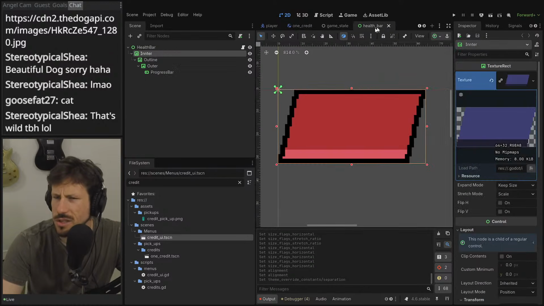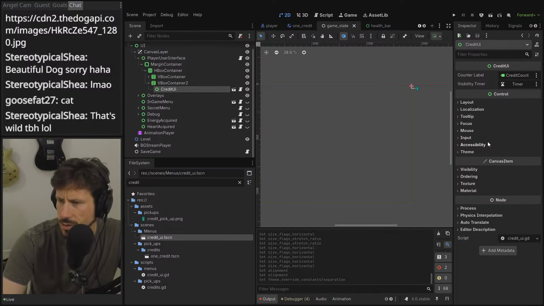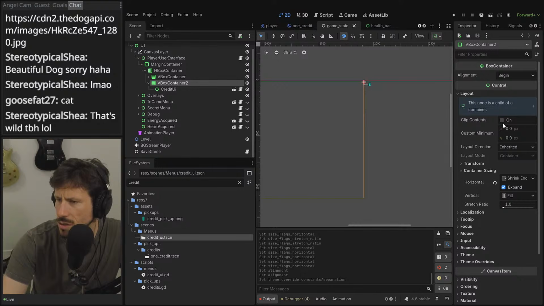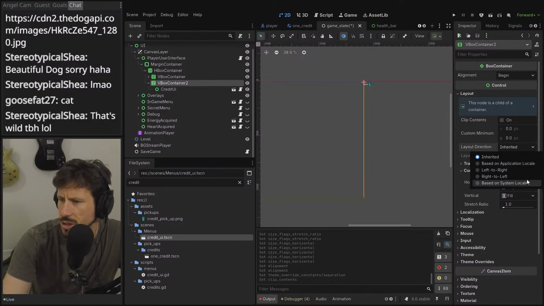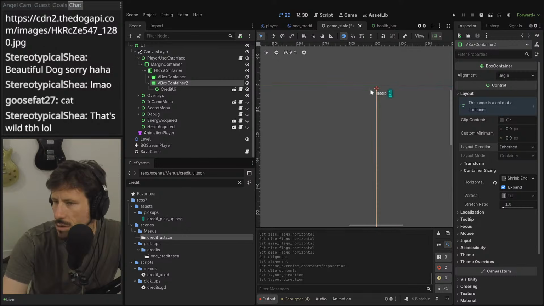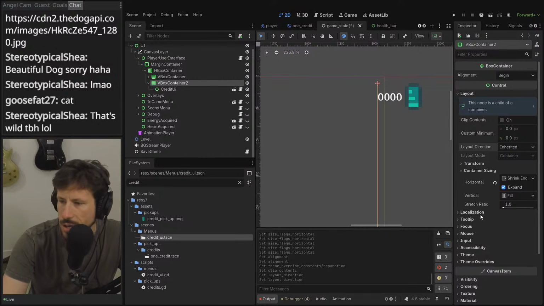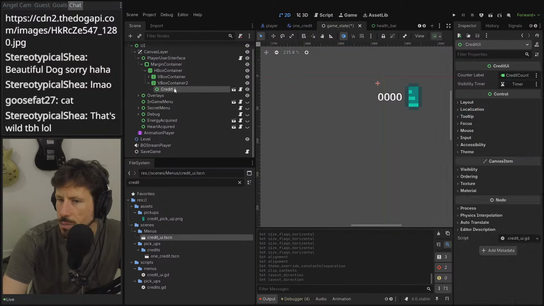Okay, let's just try and fix this up. I guess we could probably cheat to push this over to the other side. I guess if we cheat and go right to left. No, that just pushes it over to that side now. Inherited, that's fine. Oh, maybe I do need to use an anchor, layout direction. I can't change the transform because it is inside a box, but I could